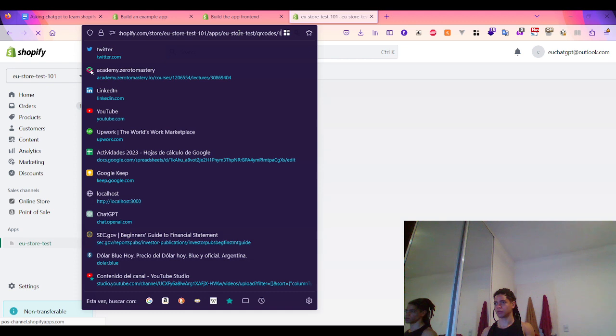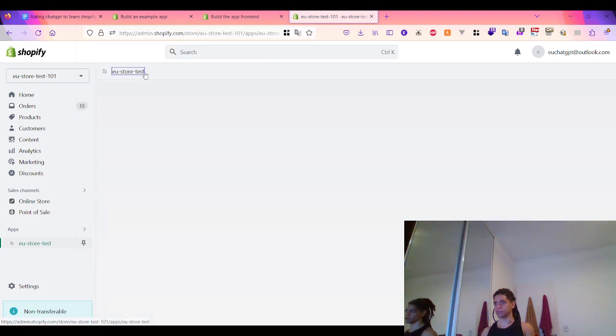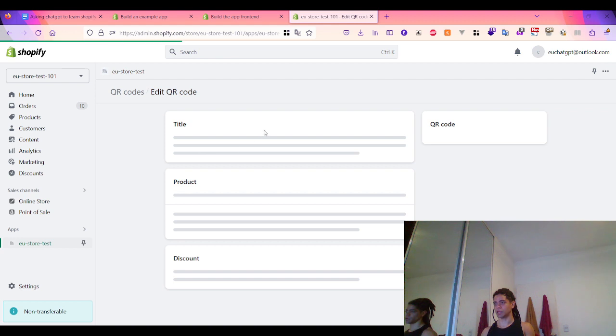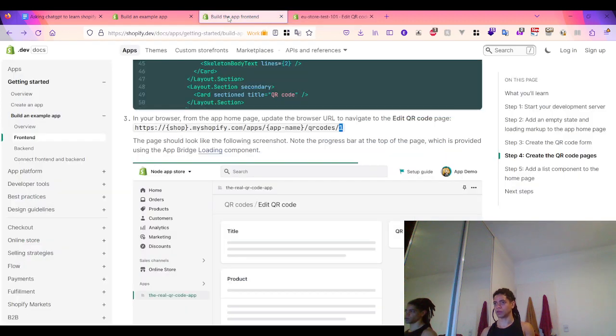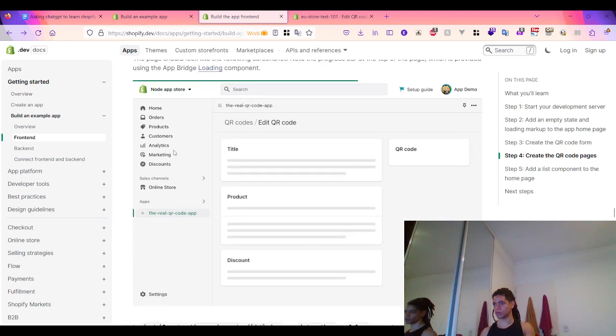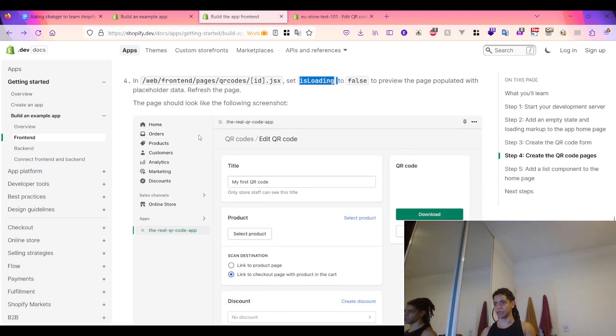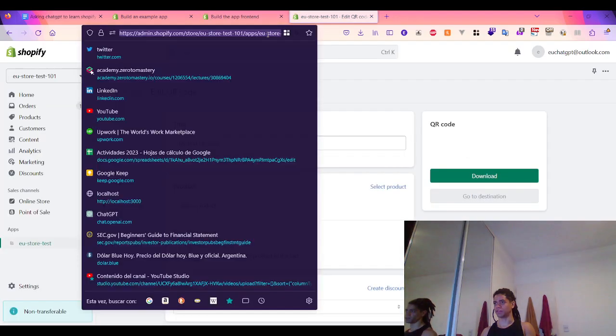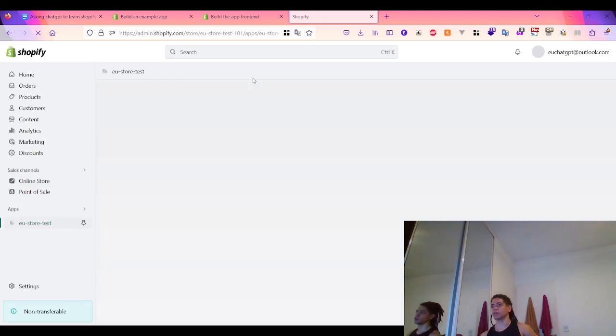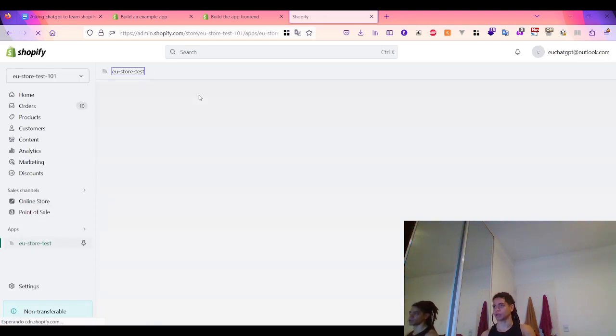okay, I can see this, edit code, and in the web front-end page code, set is loading to false. Okay, set is loading to false. To preview the page populated with placeholder data, refresh the page and the page should look like the following. So if I refresh the page, okay, the page should look like